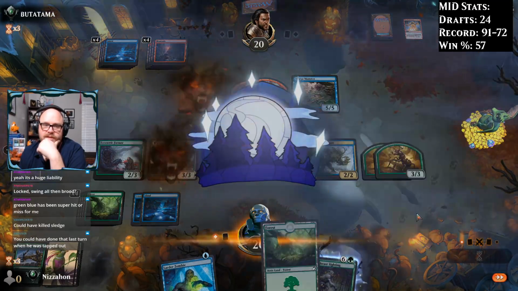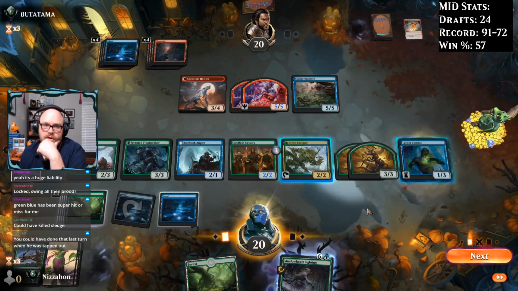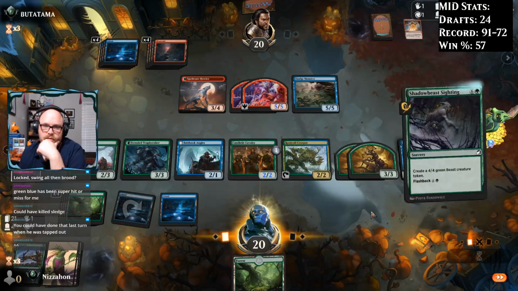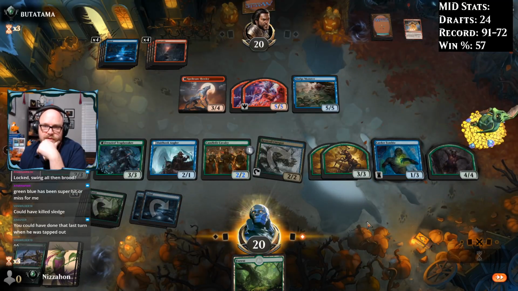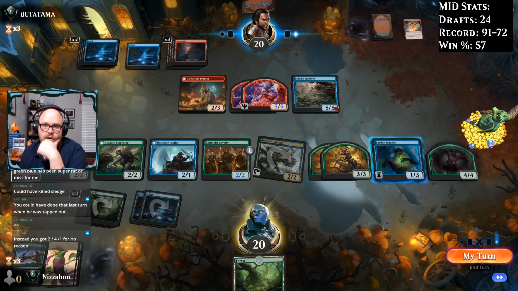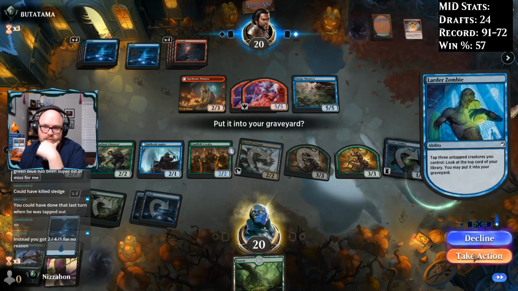So I can get Rise of the Ants back at some point, which is obviously pretty nice. We can start surveilling a bunch, which is also going to be pretty good for us, I think. So, yeah, we'll pass the turn here. Start using Larder Zombie's ability to find us actual things. We're going pretty effectively wide here. Which is good. I wish they weren't at 20, but...